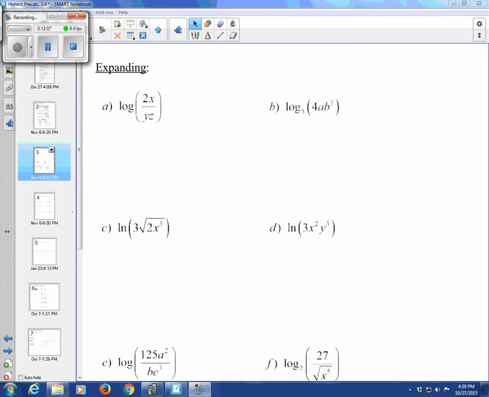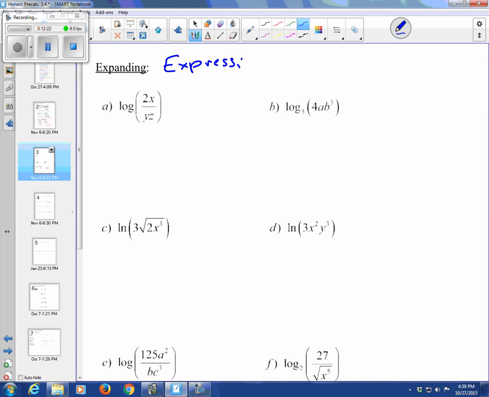All right, guys, so first we're going to talk about expanding out some logarithmic expressions just to get some practice with these properties. One thing we want to think before we start expanding anything out is we want to make sure the expression in the logarithm is simplified